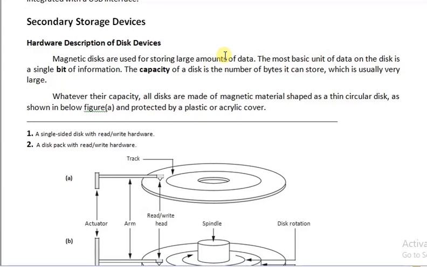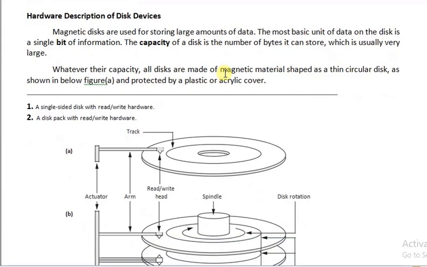Okay, the most basic unit of data which is stored on a disk is a bit. Usually 8 bits together are addressed as 1 byte. By magnetizing the surface of the magnetic disk, these bits can be successfully stored on it. The magnetic disk, as we can see here in this block diagram, is a circular disk, and the circular disk is protected by plastic.